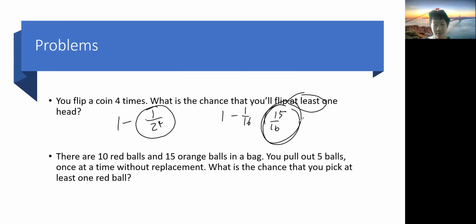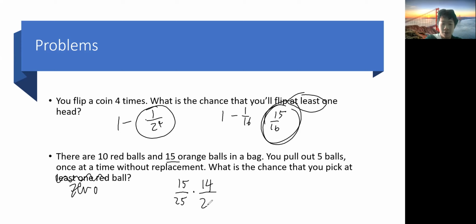Well, what's the chance that I get 0 red balls, right? If I get 0 red balls and I subtract the probability of that happening from 1, I'll get the answer. So what's the chance I get 0 red balls? That means I got orange balls every single time. The first time, the chance I get an orange ball is 15 over 25. There's 15 orange balls out of 25 total. I'm not replacing them, which means now there are 14 orange balls and 10 red balls, which means the chance